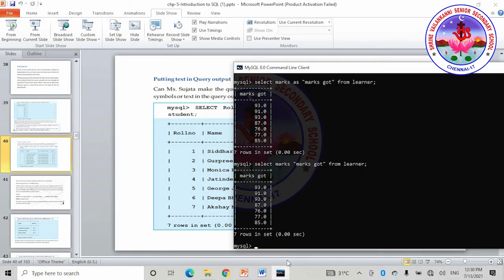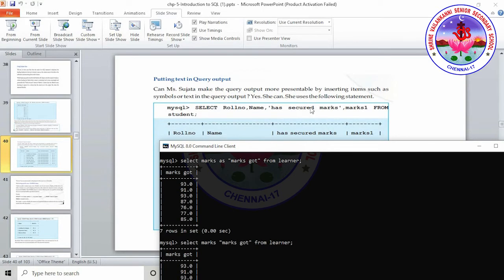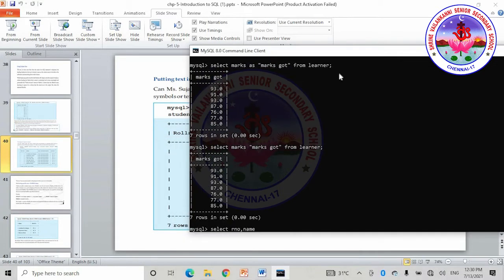So to do this, see here, select roll number, name, and followed by name, you can provide the string. For example, within the quotes you have to give has got marks, and followed from the learner table.